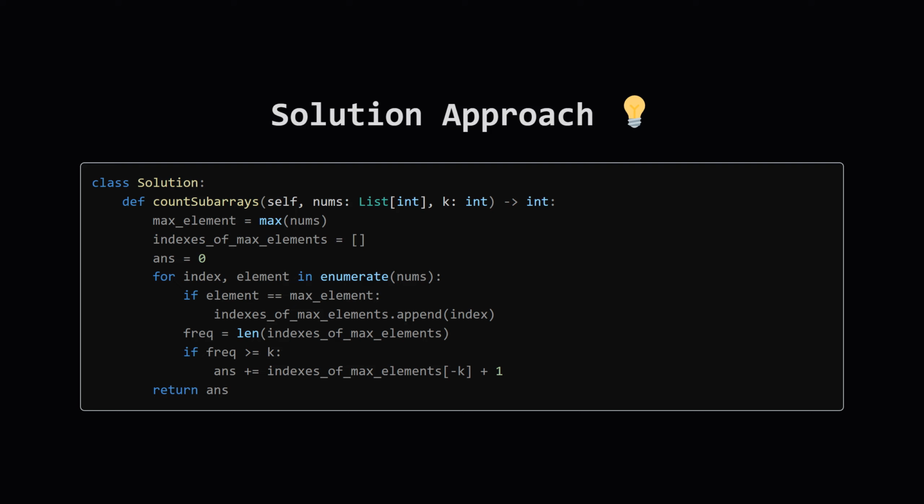It first identifies the maximum element present in the entire array. Then, it uses a single pass, effectively employing a sliding window concept by tracking the indices where this maximum element appears. Once k occurrences are found, it cleverly calculates the number of valid subarrays ending at the current index by looking at the index of the k-th last maximum element found. This logic leads to an O(n) time complexity solution, with O(n) space complexity in the worst case to